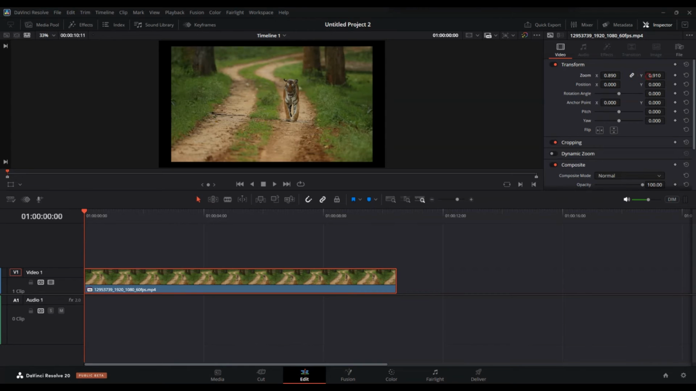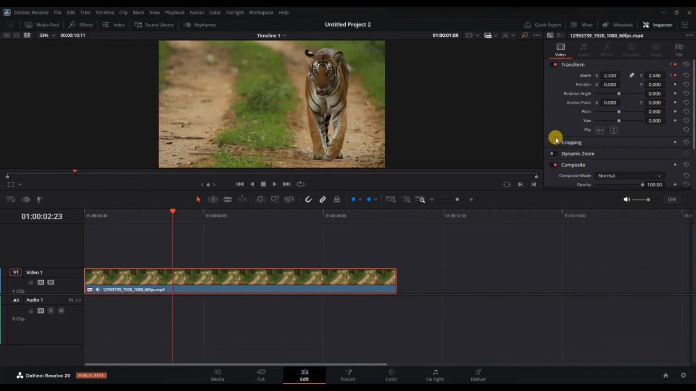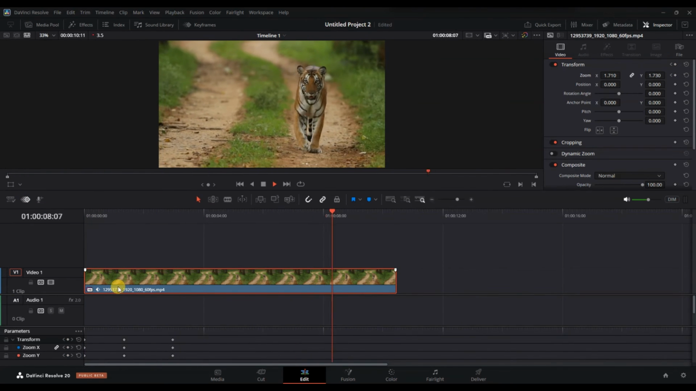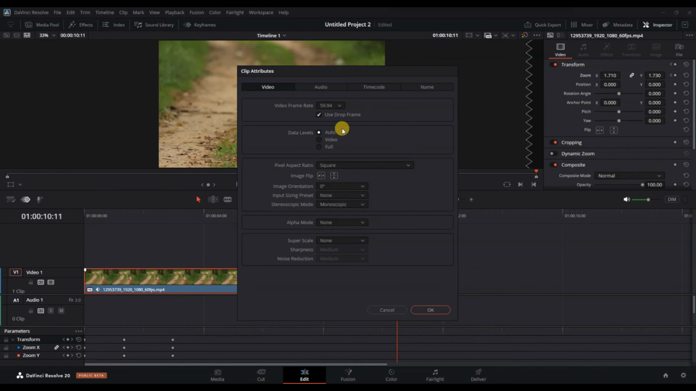You can also use keyframes to animate the scaling effect over time. Just click the diamond icon next to the zoom, move the playhead, and change the zoom value to create smooth scaling transitions. Additionally, if you go to the timeline settings by right-clicking the clip and selecting Clip Attributes, you'll also